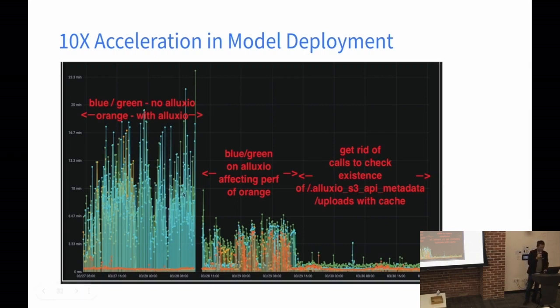And you can see by using Alluxio and the Alluxio S3 API, we optimize this process to be smoother, with lower latency and fewer spikes, no surprise. You can always get your newest model file on time.